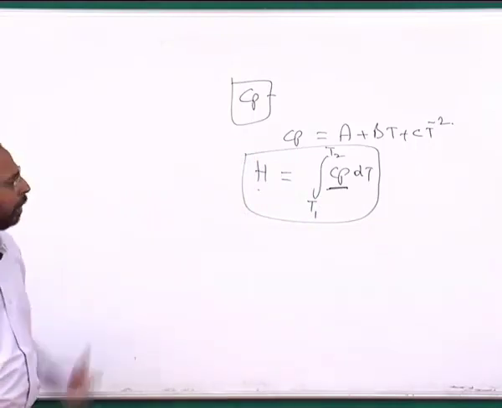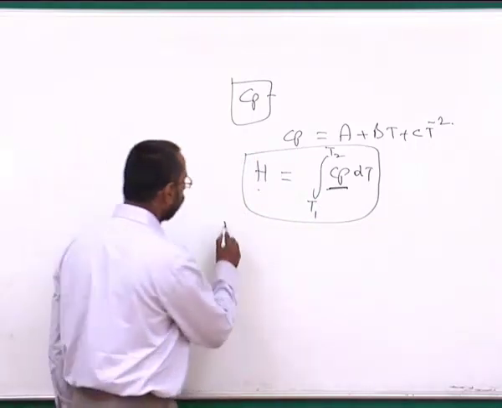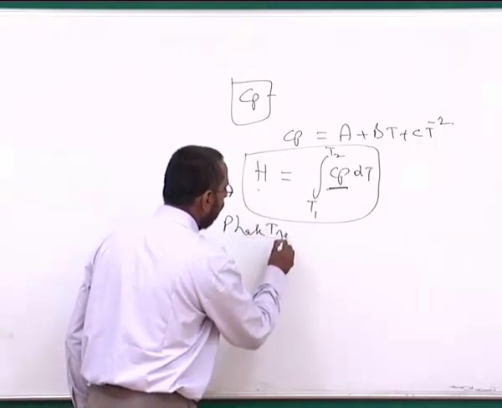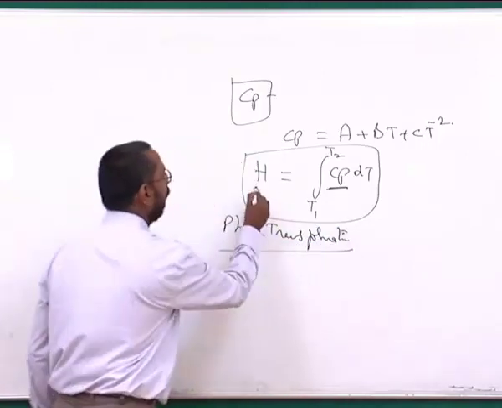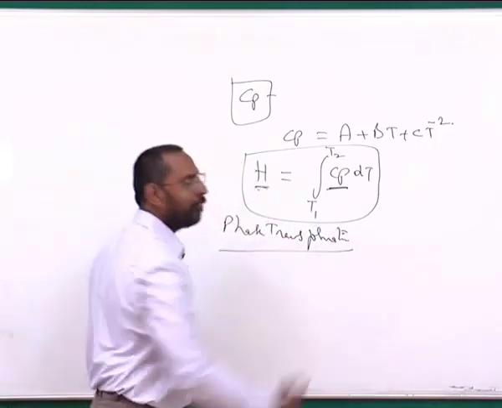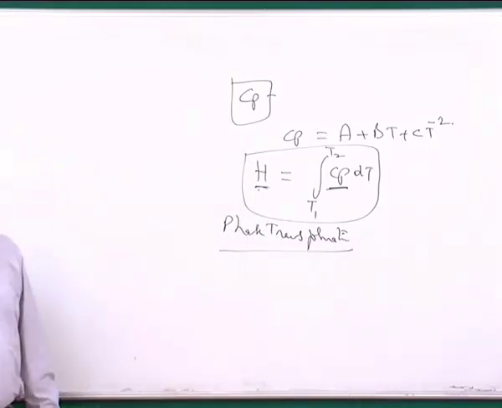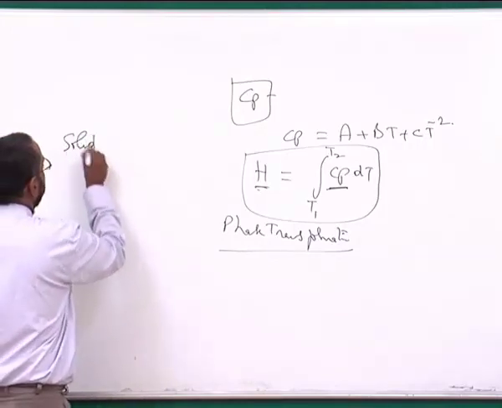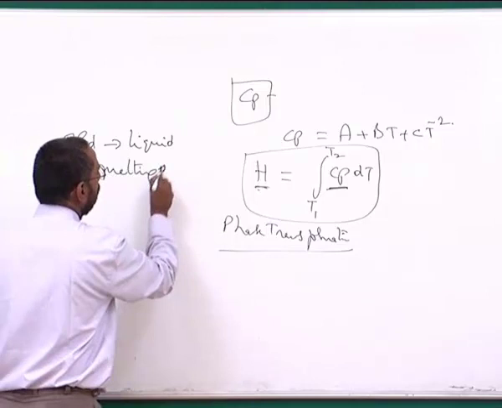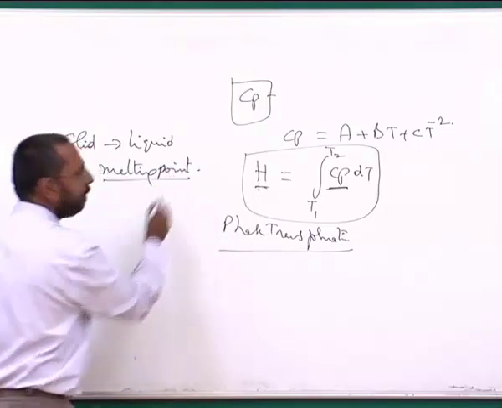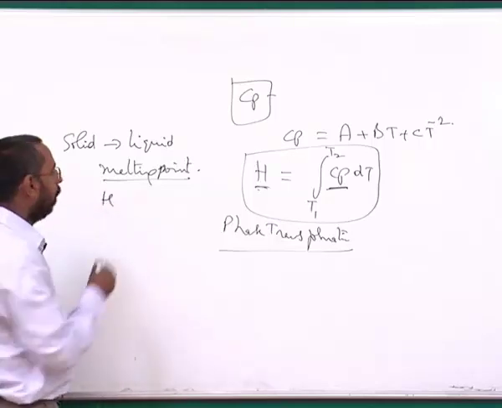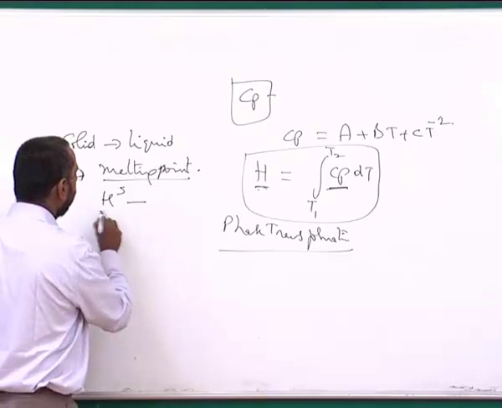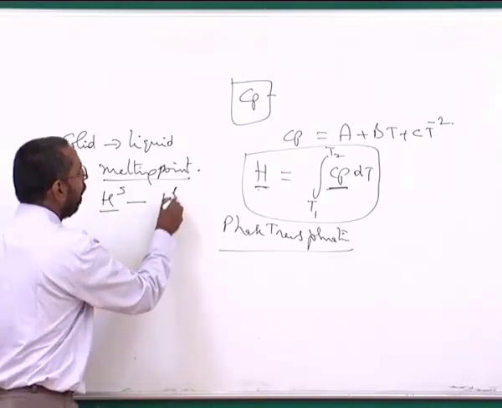And this can be useful particularly when we have various phase transformations taking place inside a material, and we can use this particular information of enthalpy changes to identify where a particular phase transformation is happening. For example, if you want to look at where a solid is becoming a liquid, which is called the melting point, we know that this melting point is a phenomenon where there is always a certain enthalpy exchange involved. So the enthalpy of the solid and the enthalpy of the liquid are always different.